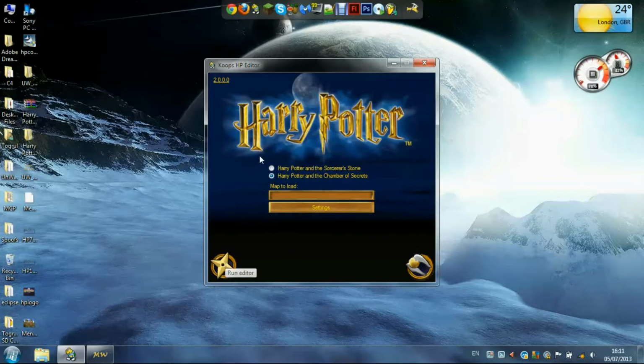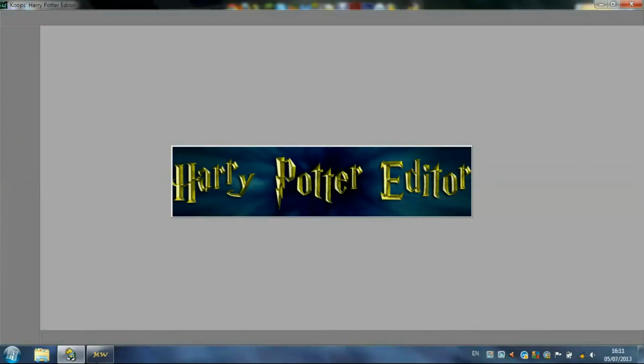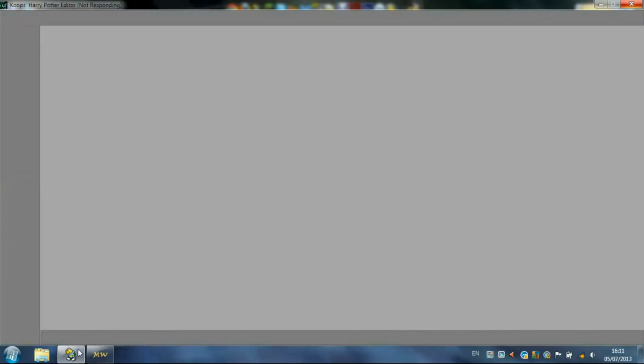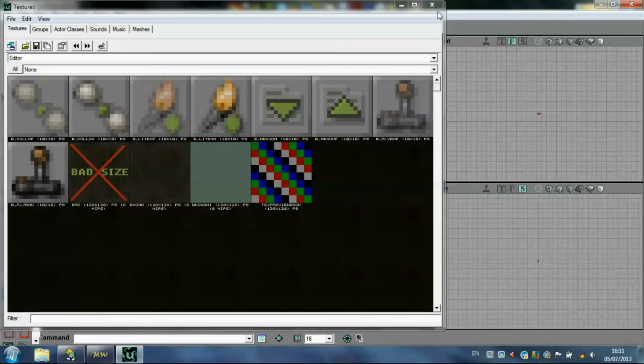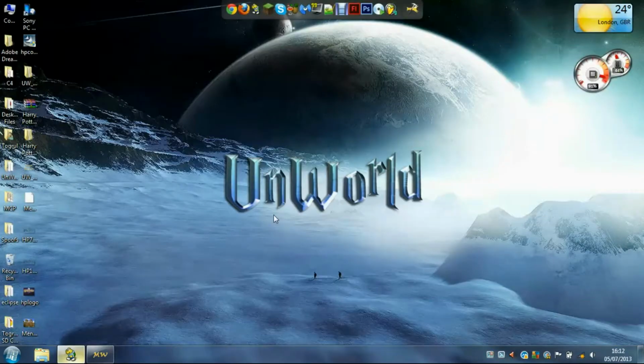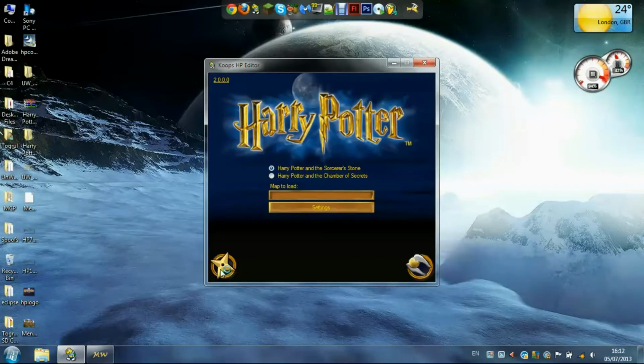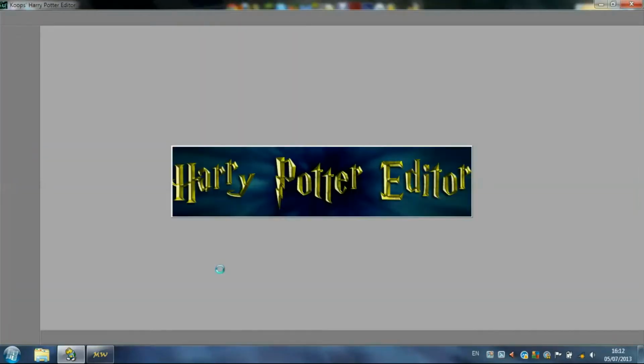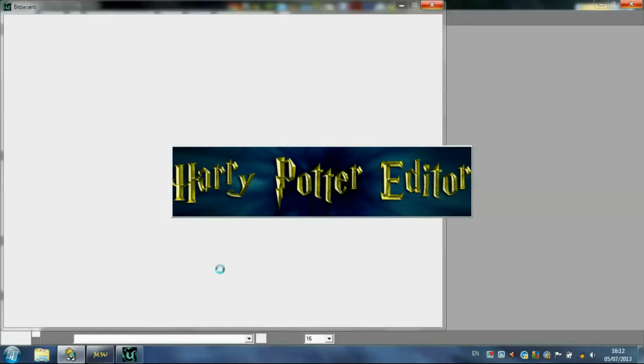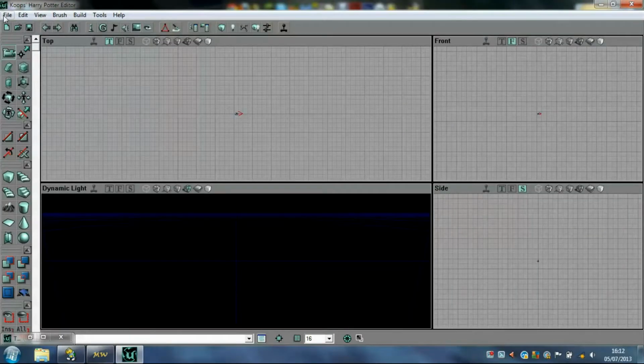So you can choose which one, the first one, the second one. Hang on, actually, it's the first game that I need. The map I made called Doxy World was made for the first Harry Potter game, so I'll be opening it in the first version. If I open Doxy World here with his editor,